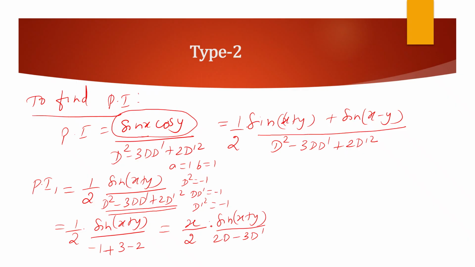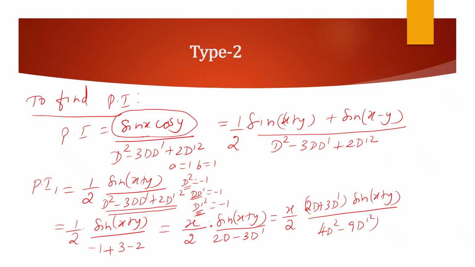So now we have to apply the procedure again, but there is no square term. For type 2, only if there are D square, D dash and D dash square, we can give the substitution. So I want the square term in the denominator, so I'm taking the conjugate of the denominator and multiplying both numerator and denominator by its conjugate. So this comes as x by 2, (2D plus 3D dash) of sine of (x plus y) by,